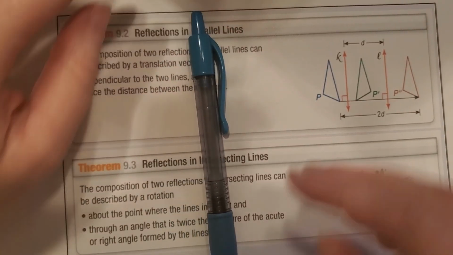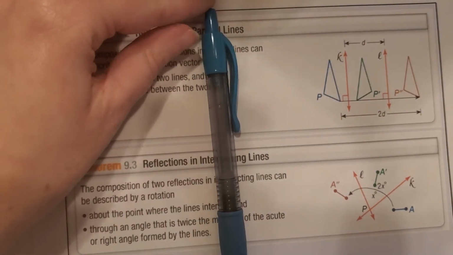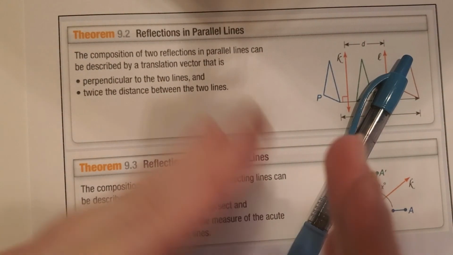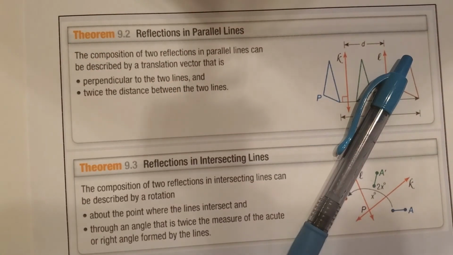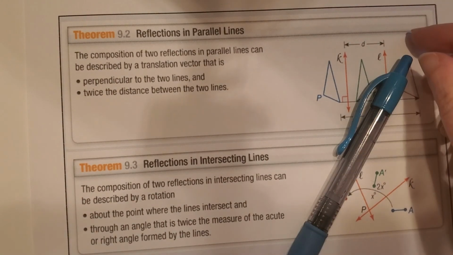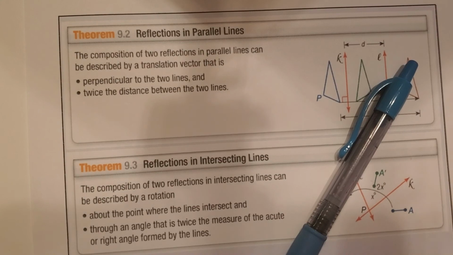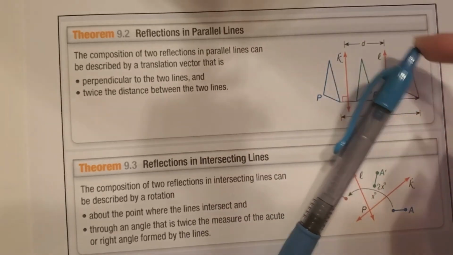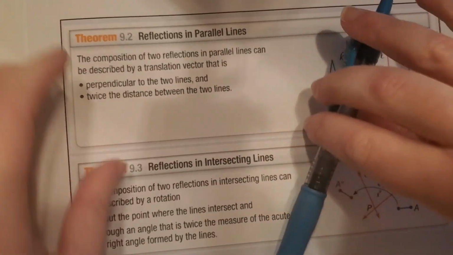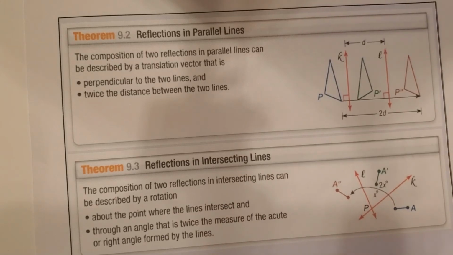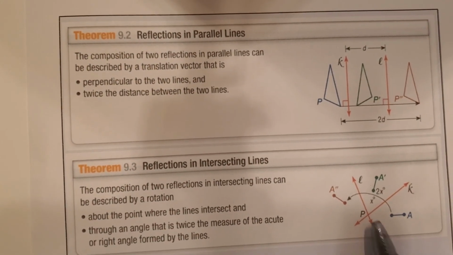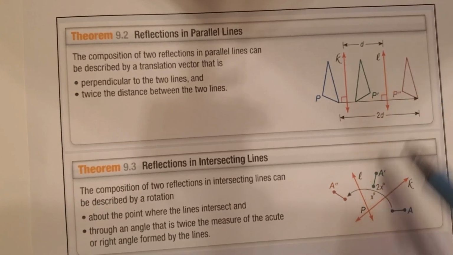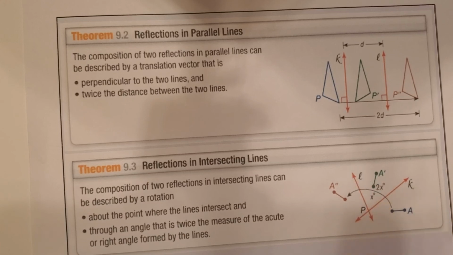But if I reflect my pen, and then I take my pen again and I reflect it sort of like a little bit over that way, where my lines kind of look like this now. Again, my pen is oriented exactly the same way, and a way that I could have gotten there with a single transformation is just by rotating it. So my point of rotation is down here, where the tip of my pen is, which also happens to be where my reflection lines intersect. And again, the angle of rotation, kind of like with the distance, is going to be twice the angle formed